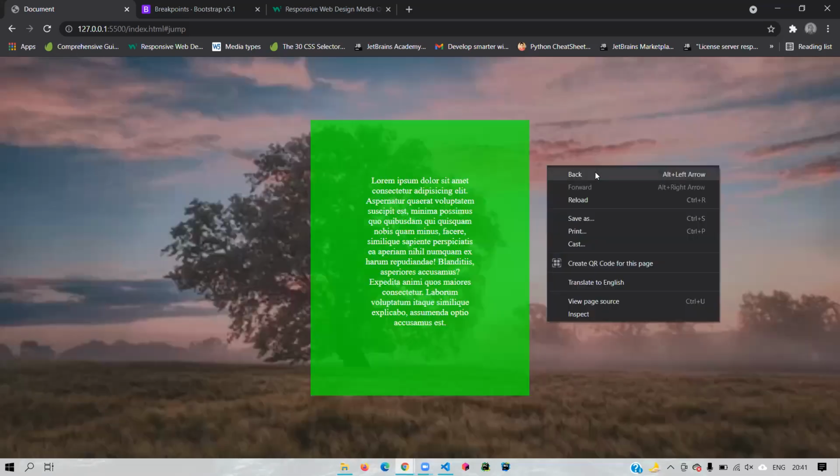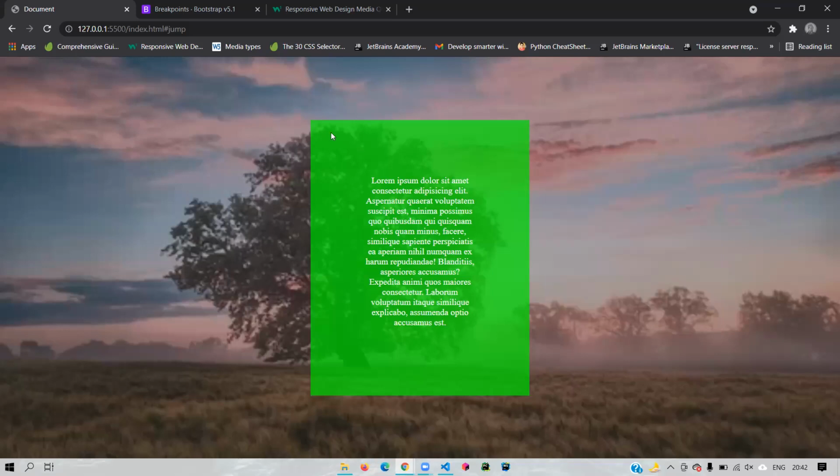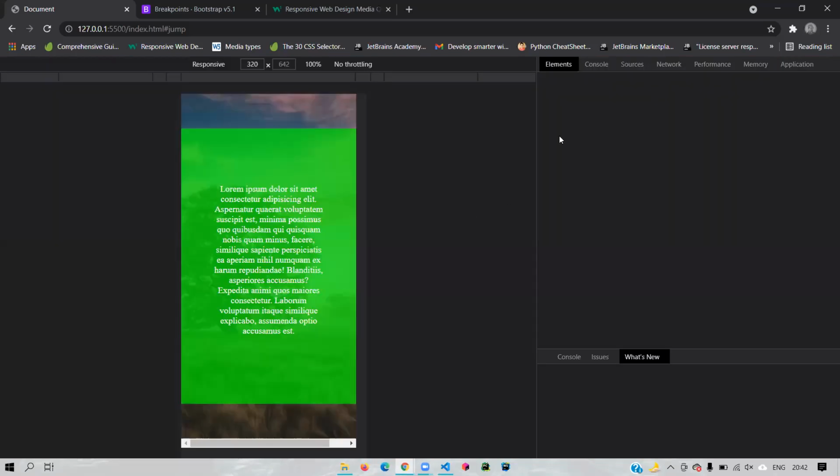What you do is right click, and then inspect. Just tell them about the button which toggles the responsive tool, because it is not on by default. So right click and then inspect, and then you have Google DevTools, which provides you a